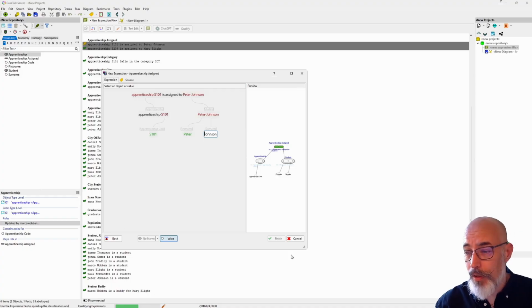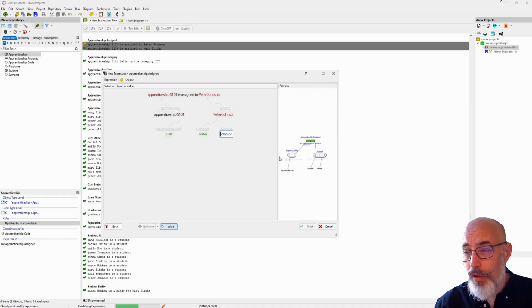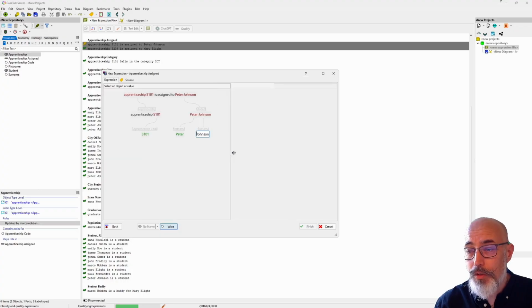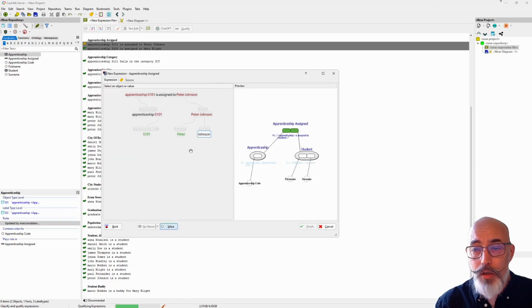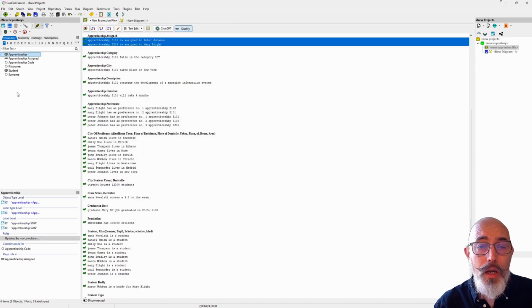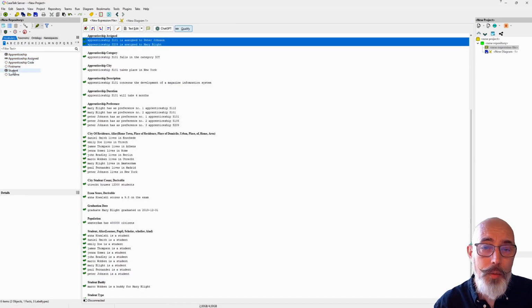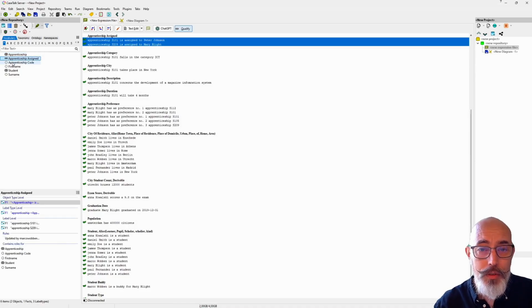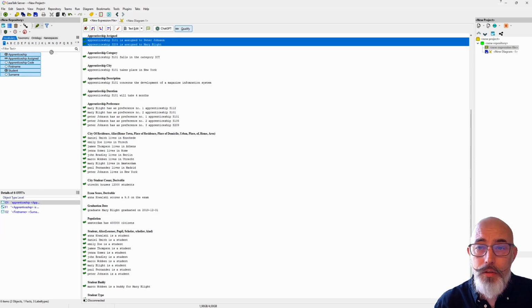Now on the right you see how a graphical representation resembles our information grammar for this fact type expression. I can finish this, and once that is done I have terms in my vocabulary. I have the apprenticeship, I have the apprenticeship assigned, apprenticeship code, and all of those little details that come with it. And we can select all of that, drag it into the diagram,